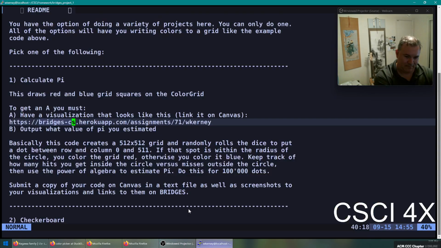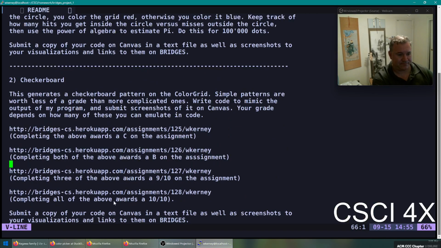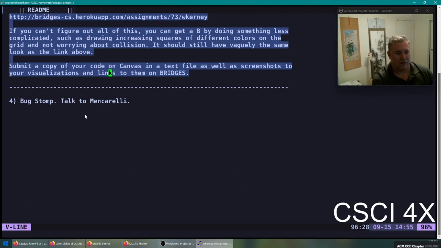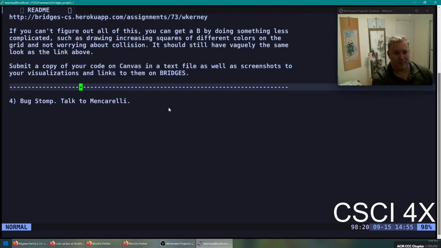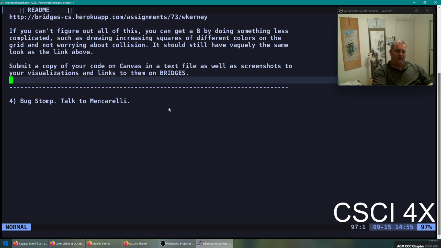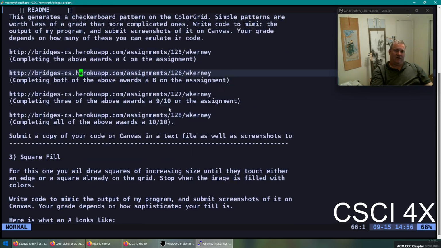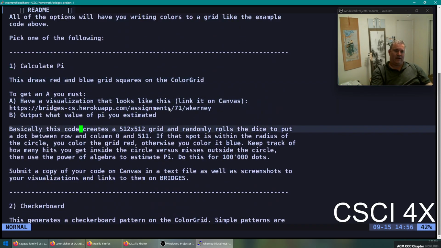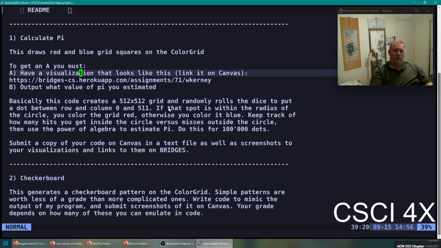Then the final option is called Bug Stomp. It's not ready and probably won't be. We were kind of going over it in the previous class, and it requires too much advanced C++ knowledge. So basically just pick one of these three. Okay? So if you guys can all post onto chat, I'm just kind of curious,